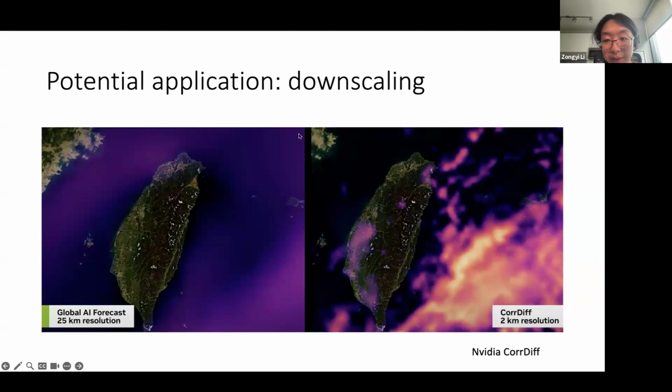It can also be used for real cases. For example, given weather forecasting, it will be very hard to fit a high resolution at the global scale. So we can first use a relatively coarse model on the global weather, and then use high resolution local models to zoom in to the local scale. So there's a figure from NVIDIA Earth-2. They do 2 kilometer resolution of Taiwan. Similarly, we can use one foundation model to do both the global prediction and the local predictions.